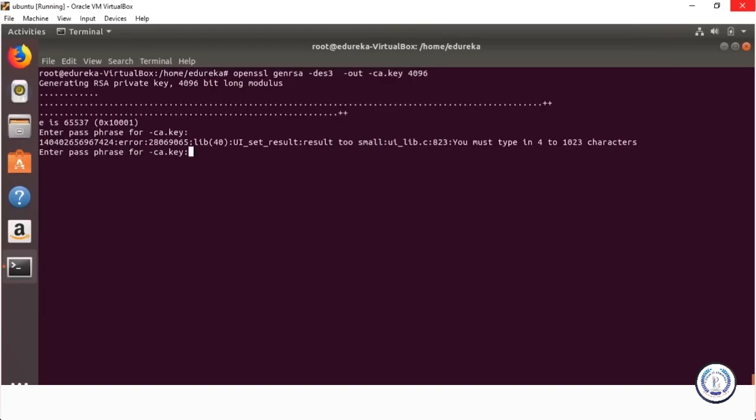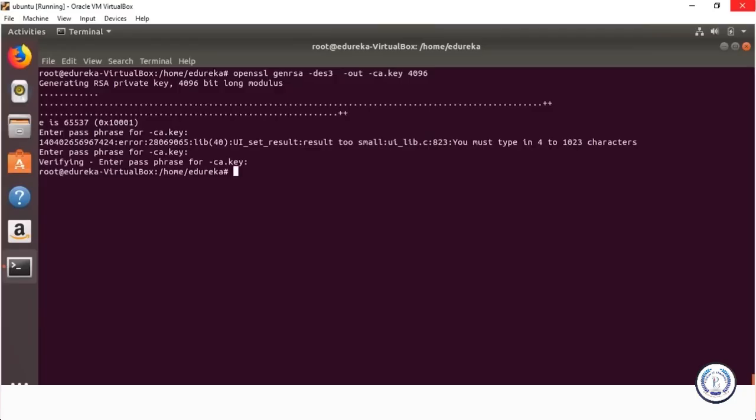So I'm generating a private key, and the private key is used as a part of the certificate. And there's a public key associated with the certificate. So you've got a public and private key, and data gets encrypted with the public key and then gets decrypted with the private key. They are mathematically linked, because you need one for one end of the communication, and the other for the other end. They have to be linked so that the data that gets encrypted with one key can be decrypted with the other key. This is asking for a passphrase, so I'm going to give my name as a passphrase. That has generated the key for us.